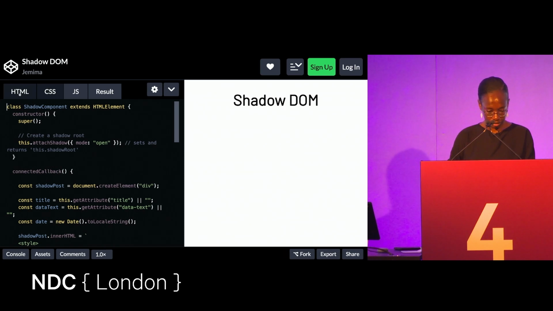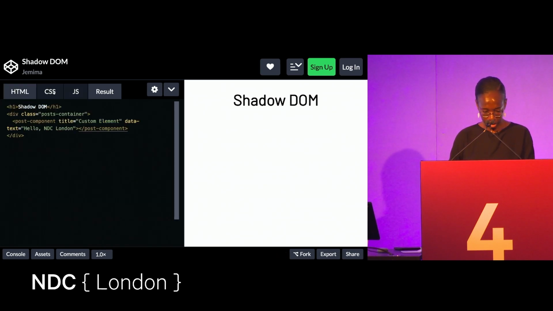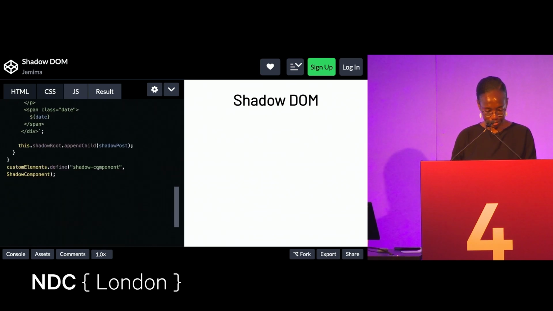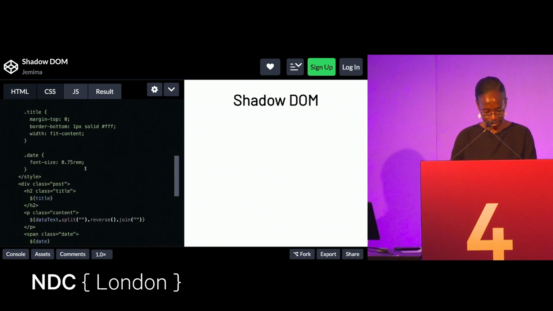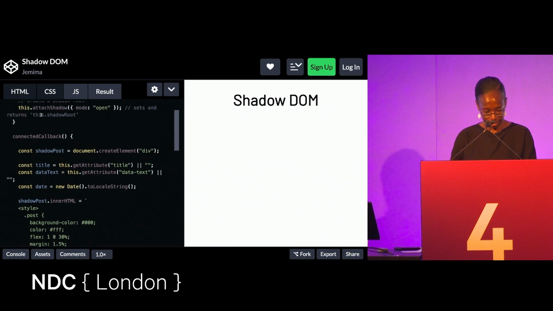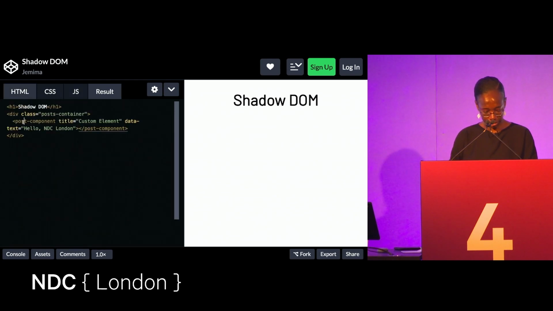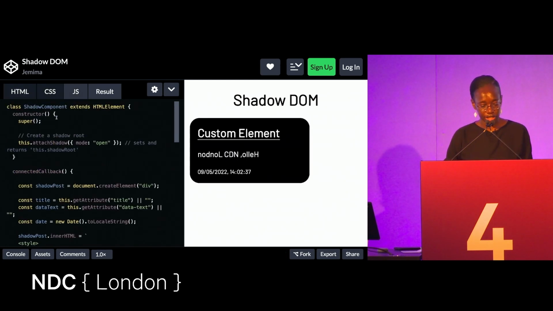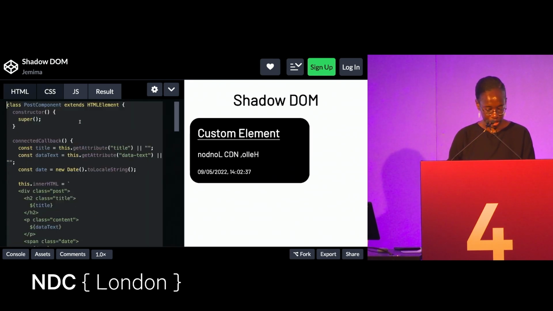And then I think here we can just call our shadow component. Yep. So basically what we did here was that we just ran this .attachShadow to create our new shadow component. And one cool thing about the shadow component, which I was supposed to show, but I forgot, is that